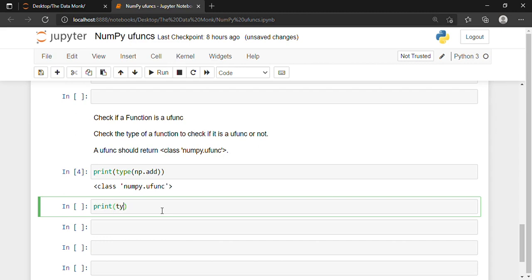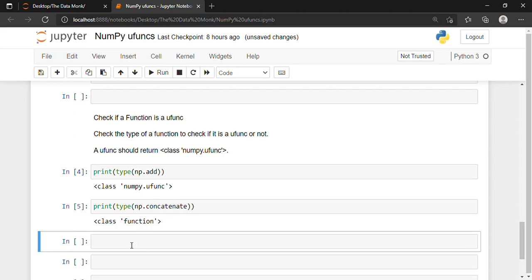Print type of np.concatenate. Yes, exactly, it is not a universal function. So if you have doubts, just check it.